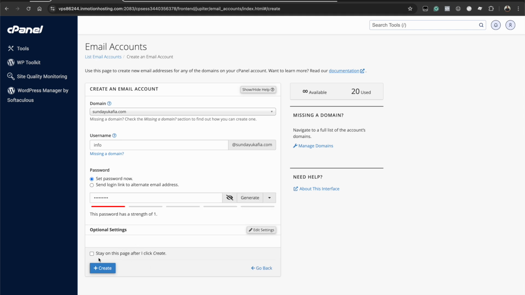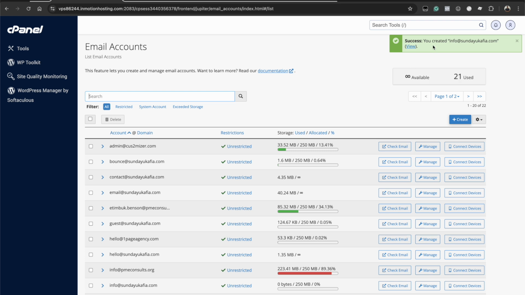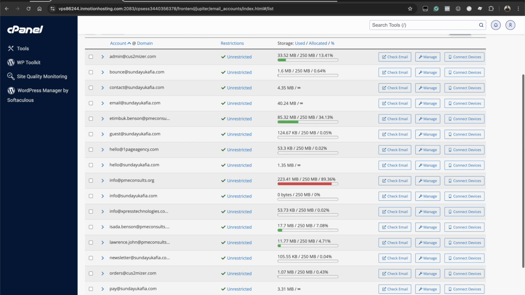You're also going to see this option that says stay on this page after I click create. This is helpful if you want to create multiple email addresses. Enabling this will ensure that you are still on this interface after this email account is created, allowing you to keep on creating additional email addresses. But since I just want to create one email address, I'm going to avoid ticking these and just click create. There we go. The email address info@sundukafia.com has been created and is now going to be in my list of emails. You can see it right here,